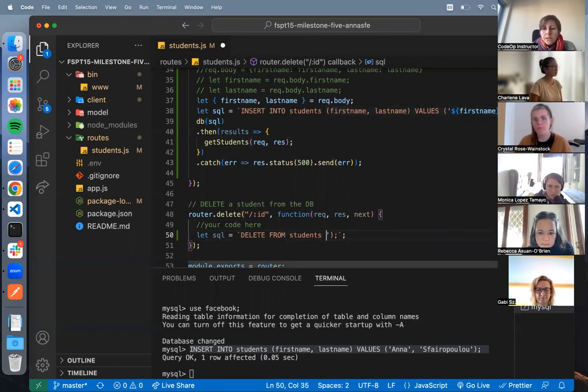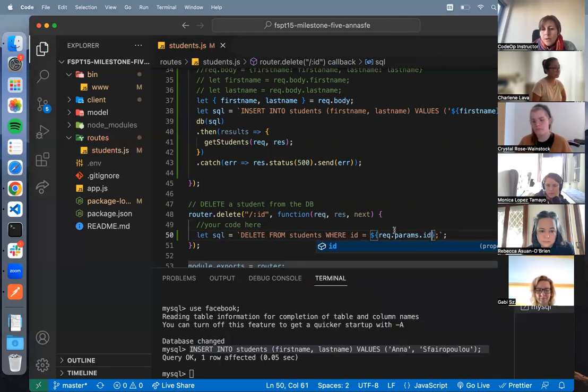It's a bit different the way it is constructed. So you delete from students and you specify which item you want to delete, which condition it should meet. In this case, the condition is that the ID should match the one that I got from the request parameters, from this part,